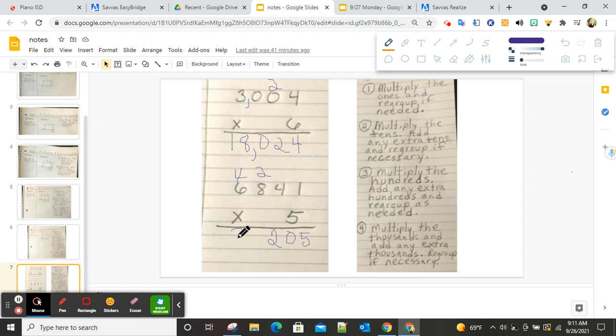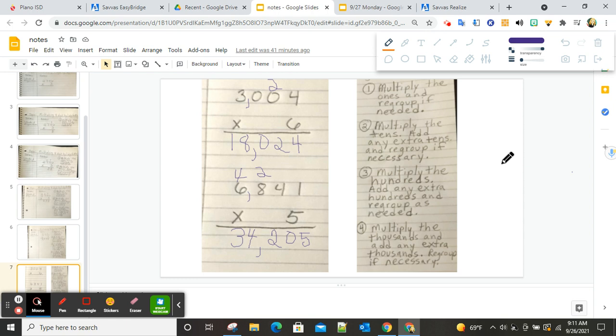So since I don't have any more numbers that I'm going to multiply, I write down the 3 and the 4. I can put my comma in. So my answer to that problem is 34,205. Remember, you can watch these videos again to help you if you're stuck, or just watch a certain part